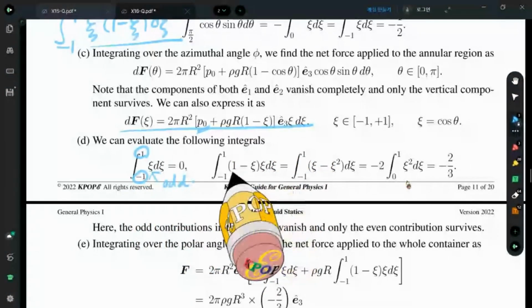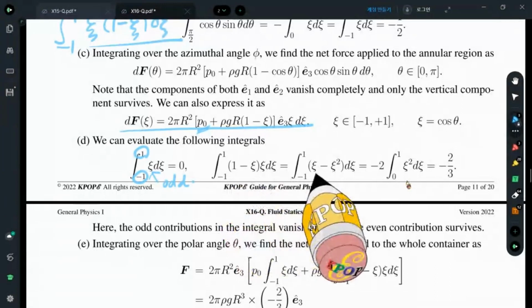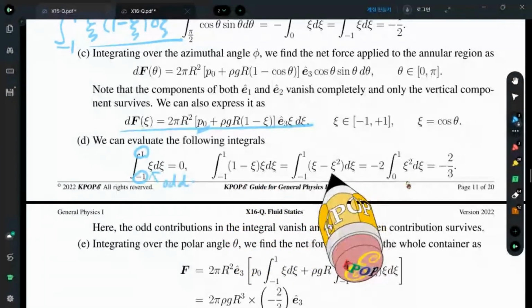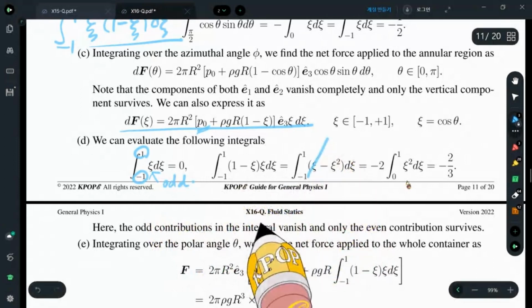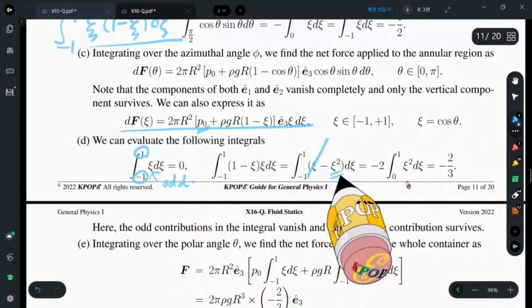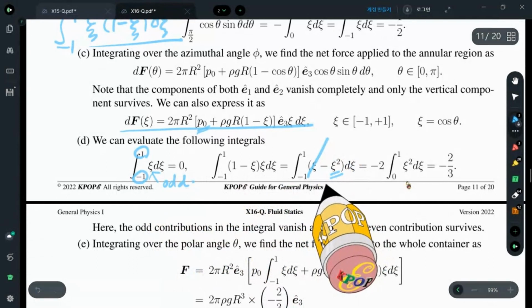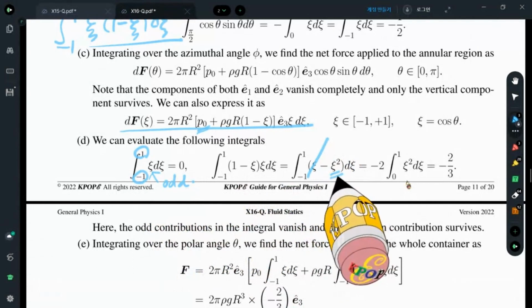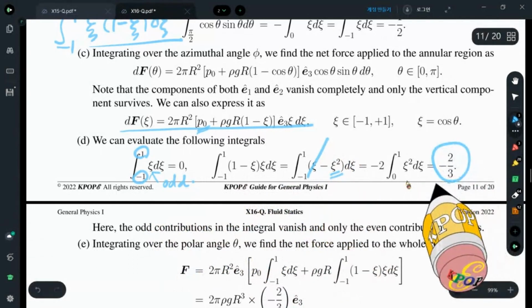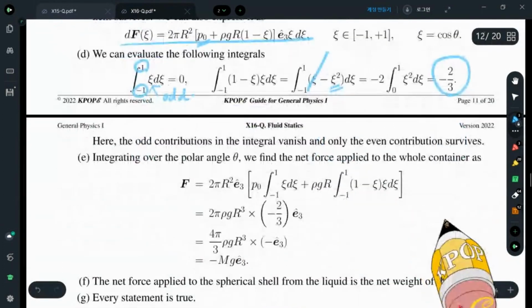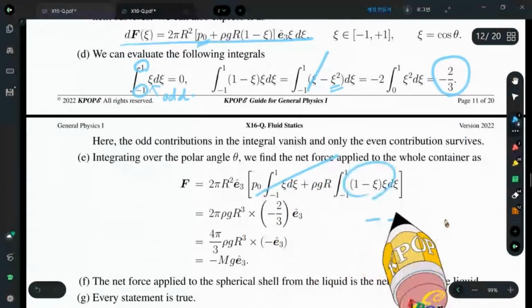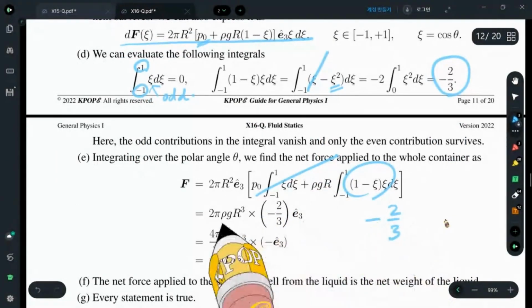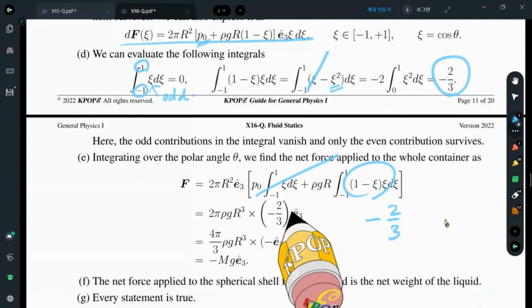If I expand this integrand, it is c minus c squared. The c is again vanishing because it is an odd function, and only the even function survives. The answer is minus 2/3. If I substitute these values, this is vanishing and this is minus 2/3. The answer is,